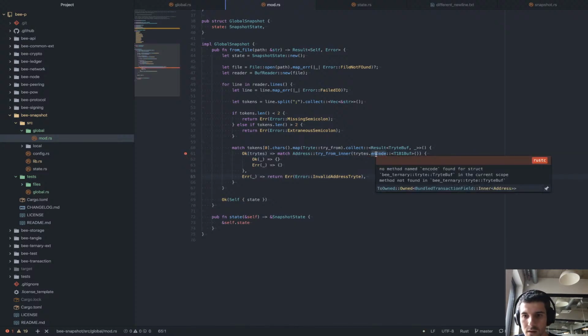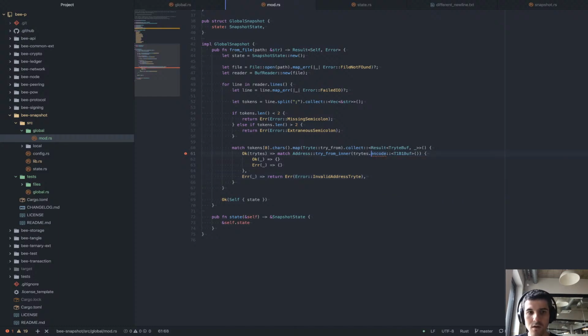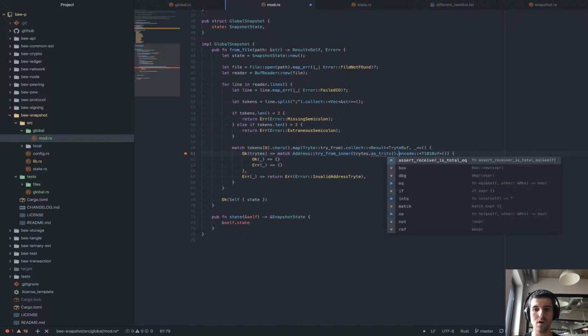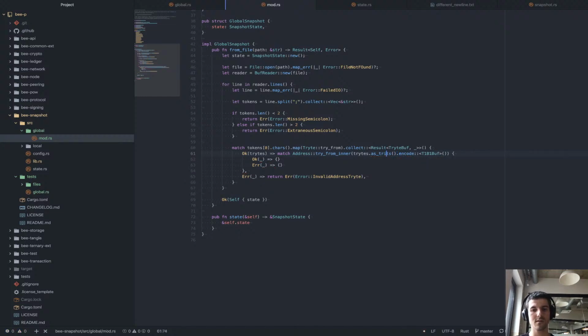Alright, and no method named encode. Yeah, so encode is on traits, so I have to have a traits representation of that. That's just taking the reference of the traits. So now it's working,